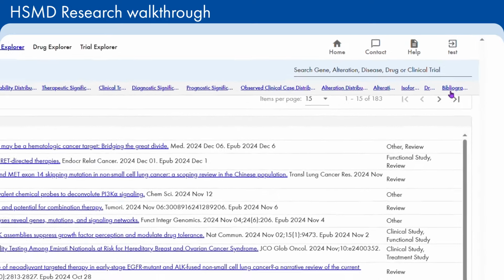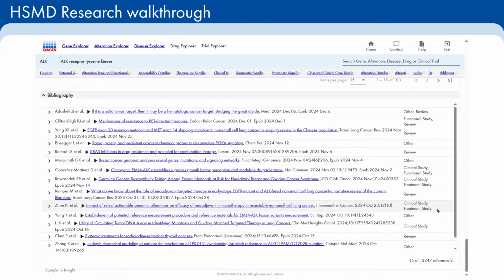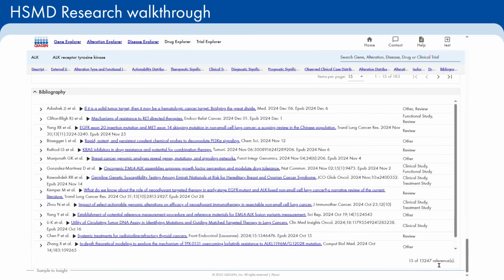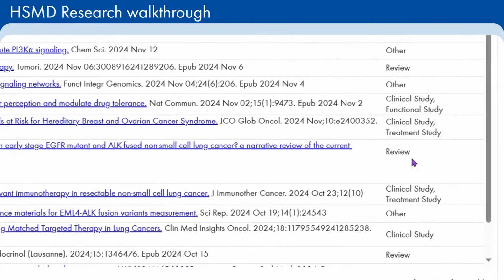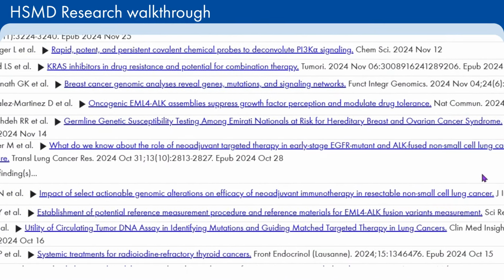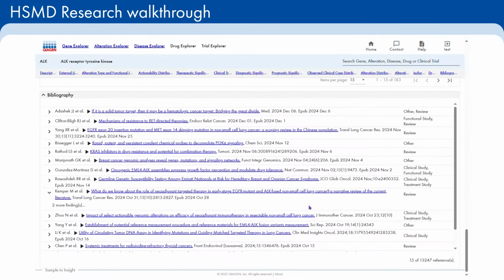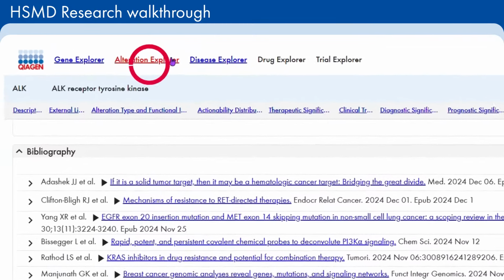Note, though, that for HSMD Research users, only the top 15 references will be shown. In addition, while each entry is expandable, only paid users will have access to the listed curated findings from these publications. Aside from the Gene Explorer pages, you can go into Alteration Explorer if you want to focus on a